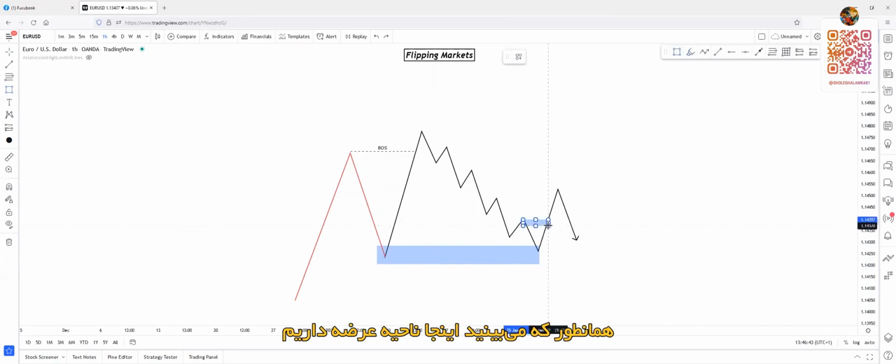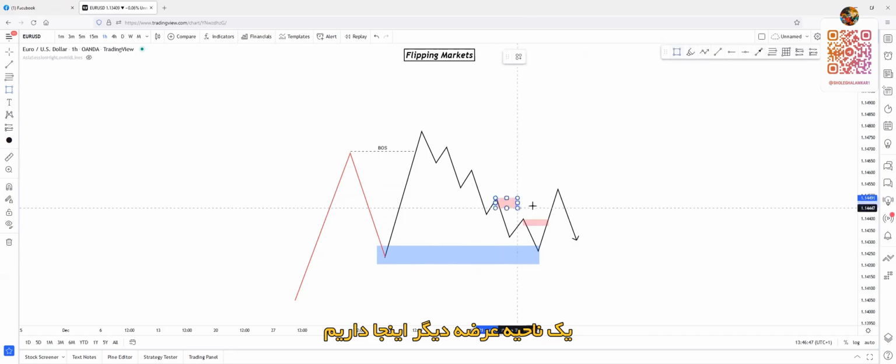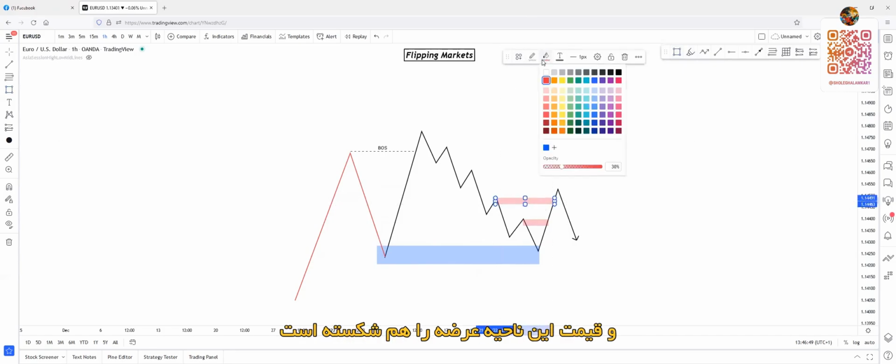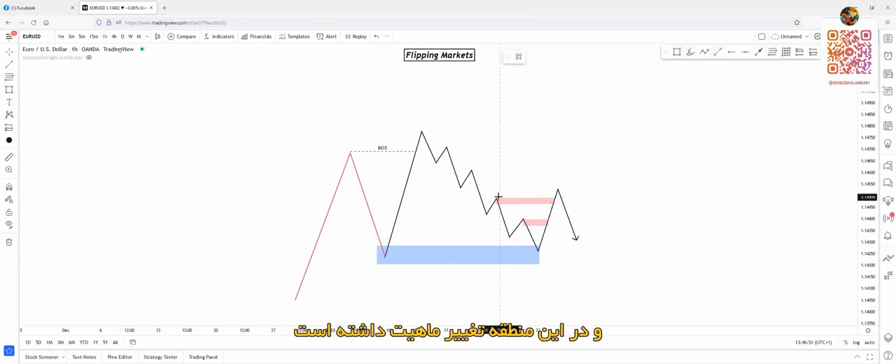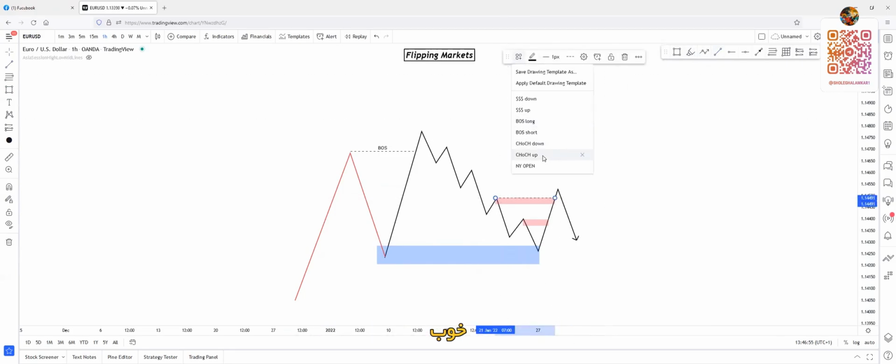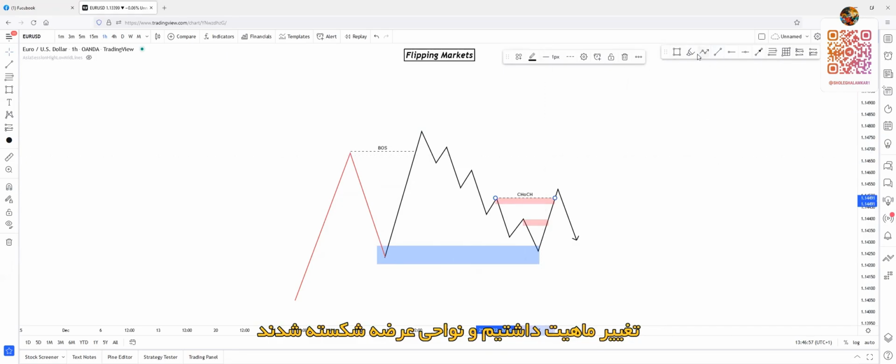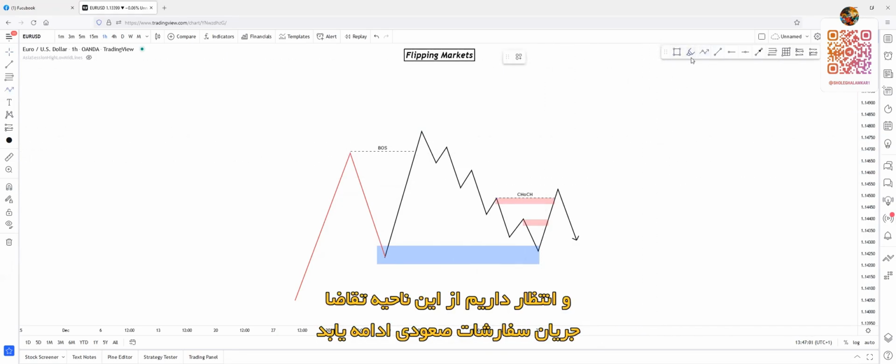So as you can see, we have a supply zone right here. Price just broke through that supply zone. We have a supply zone right here. Price broke through this supply zone too, and changed character in this region. Okay, so we have a change of character and the supply breaks, and we are expecting the continuation